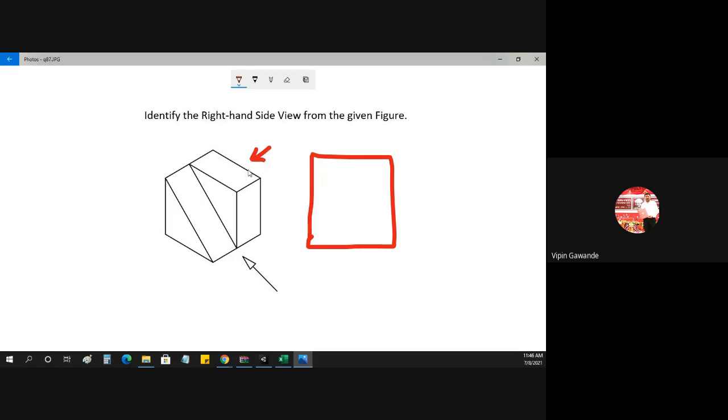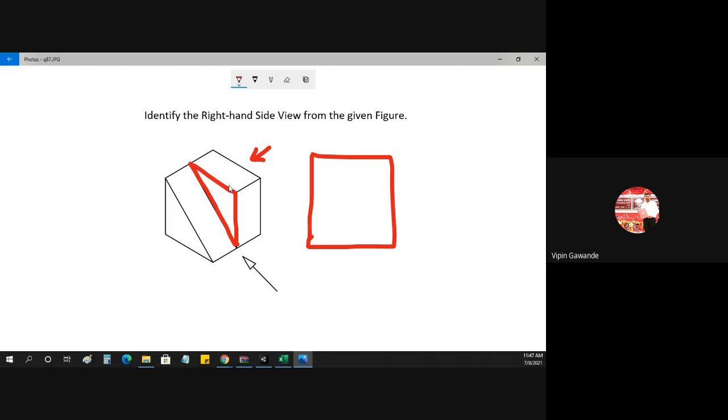Now because of this solid surface, this cutout, this line or this surface is not visible to the observer, or this triangle. Because this is also a vertical surface, because from the side view we will get vertical surfaces. So one vertical surface we have drawn, that is visible from this side. That is the box. Now this is also again a vertical surface.